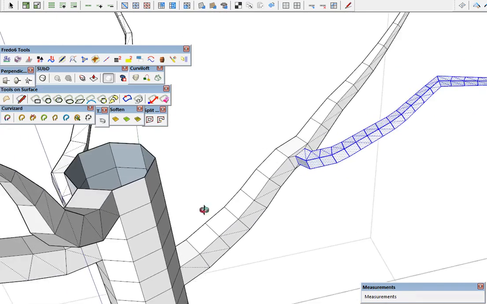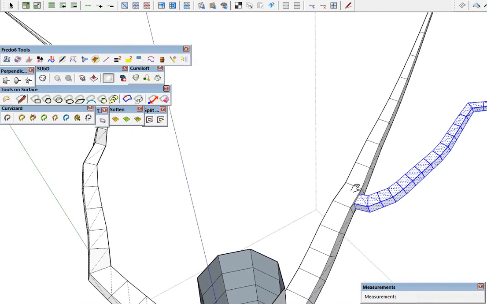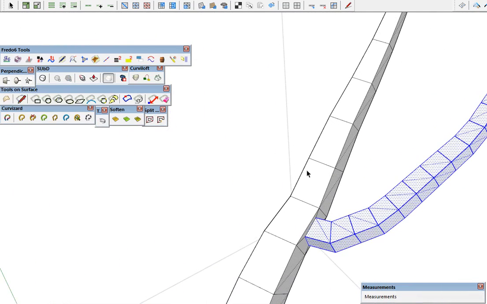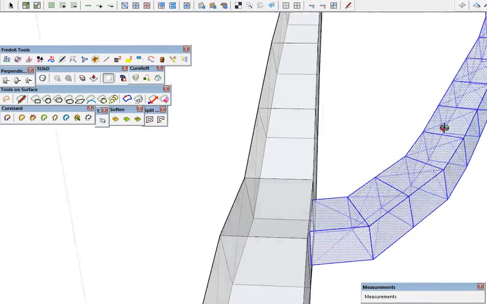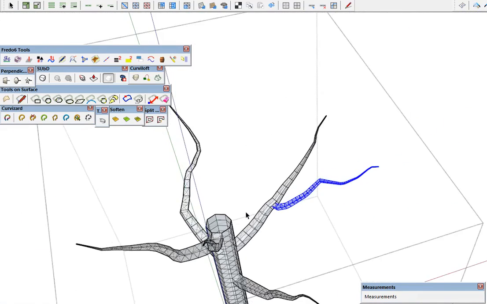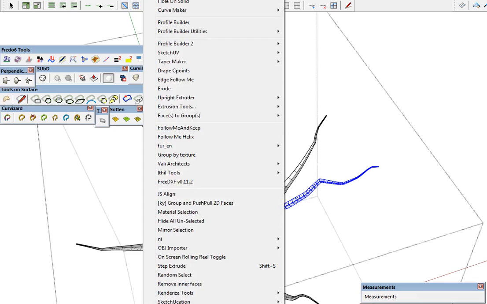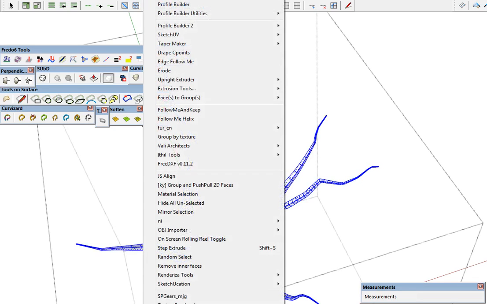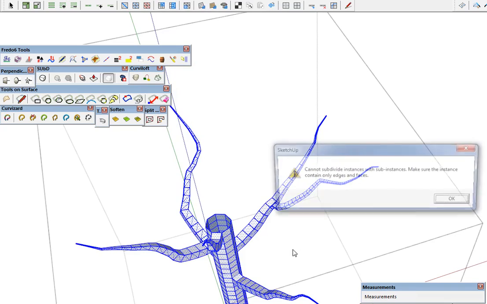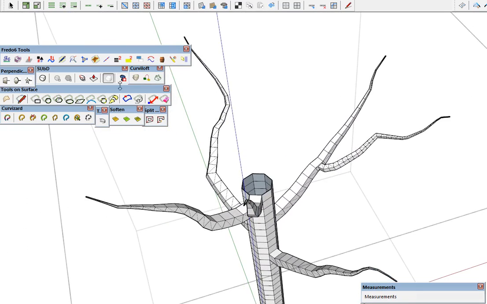so we're having some issues here. There's some faces inside, and I'm just going to get into X-ray mode here and take a look. And the first thing I usually try when that happens is there's a plugin from Wiki called Remove Interfaces. So I'll run that, select everything and run that. Now I'll try to do SUbD again. Still not working. So then I'll usually use